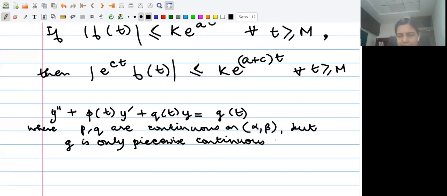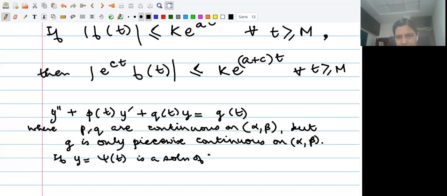As was the case in the example that we just discussed, right? So if y equal to psi t is a solution of this differential equation, which I'm going to label as star, then